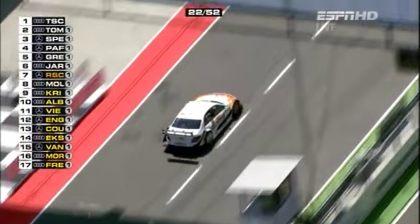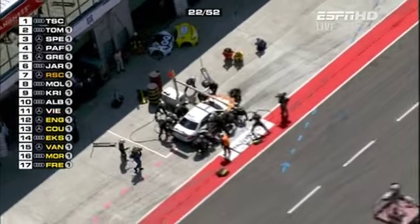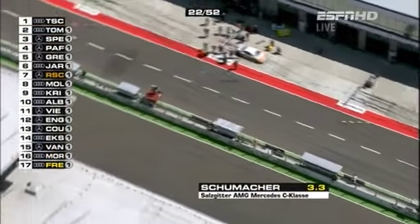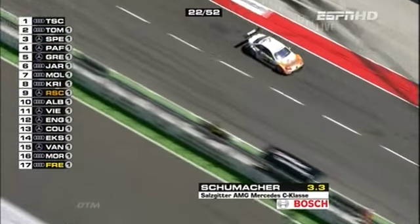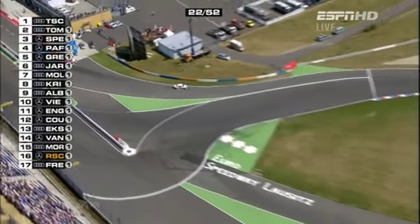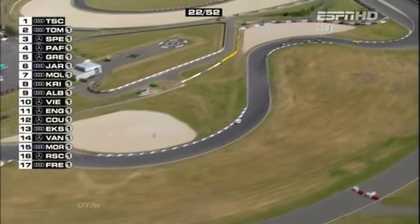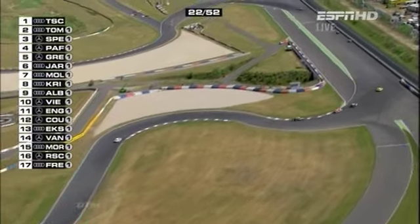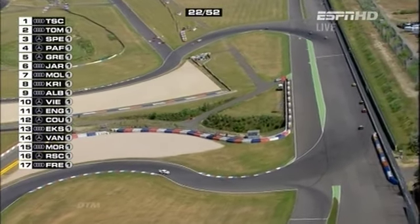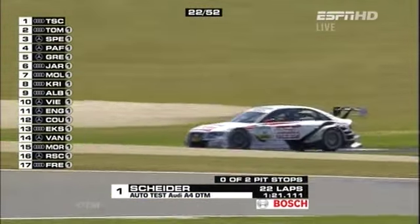And Schumi in then for his pit stop. Now, Ralf Schumacher has been very, very... Oh, and what happened there was the car released just a little bit early. Seemed to be creeping forward a bit. So Schumacher this year then in DTM has had a couple of podiums. Third in Hockenheim, third in Spielberg. Has to be said, dreadful qualifying here though, which saw him right in the back row and